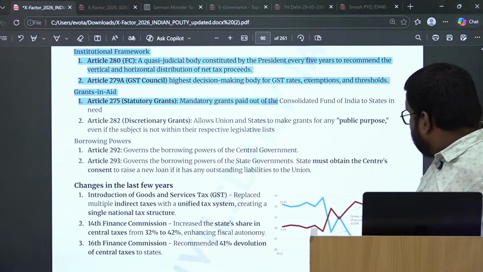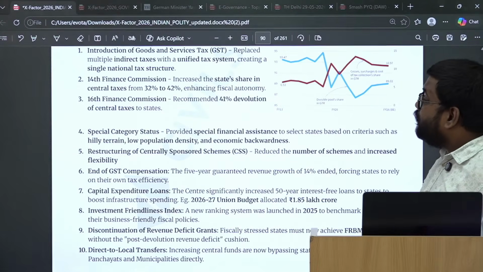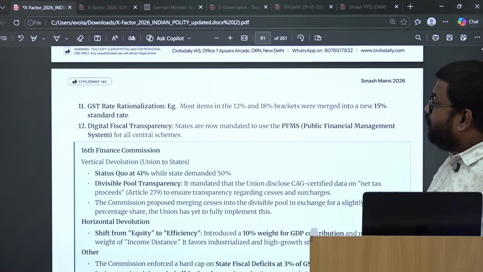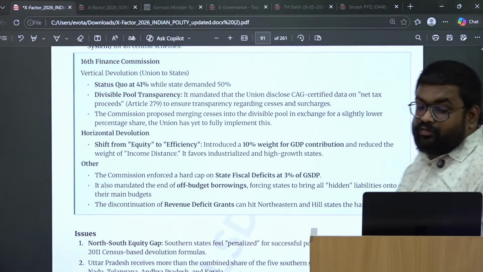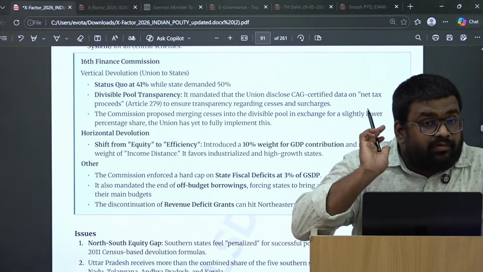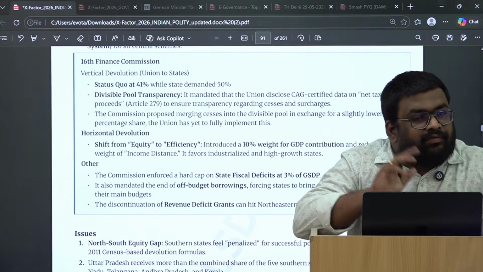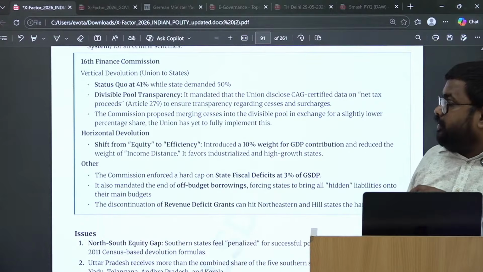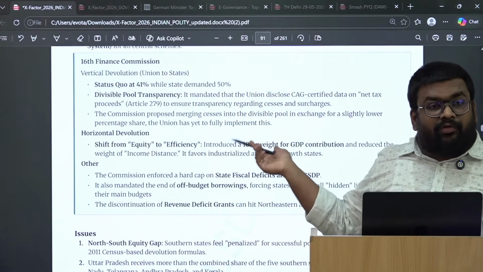Okay, then changes. Remember, you need to remember this graph. जितने भी graphs या फिर diagrams मैंने दिए हैं, all you need to remember. Now, this is the 16th Finance Commission on which we are expecting a question, and also this is current affairs. So that's why we have put it into the box. So this is the most important one. And again, rather than giving the simple points, we have gone for classification.